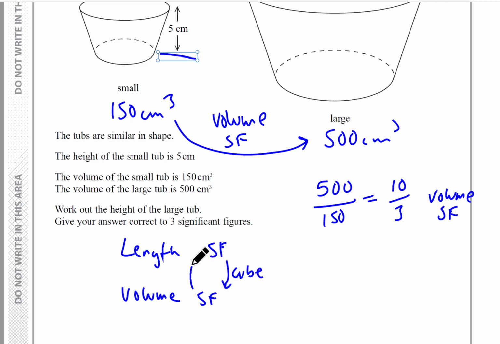So if you imagine you're going backwards, you have to cube root it. And this is on a calculator paper, so cube root 10 over 3 will equal the length scale factor,